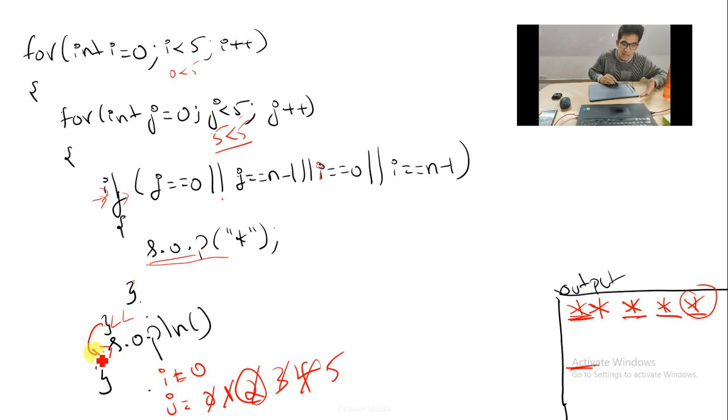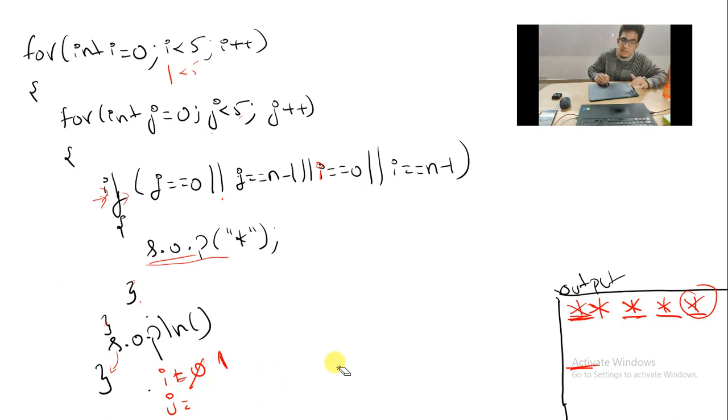After SOP-LN, what do we have? We have the closing bracket of which loop? The i loop. So i plus plus happens and your i becomes 1. Then it checks the condition again: is 1 less than 5? Yes, 1 is less than 5. The condition is true, so it executes the j loop again, which means j becomes 0 again, because it starts executing from the beginning. j equal to 0. Is 0 less than 5?